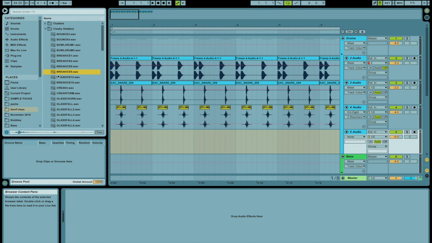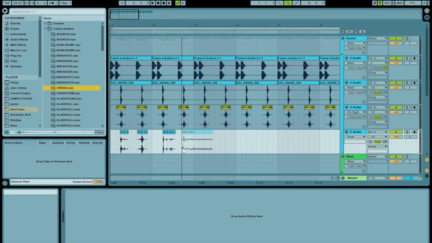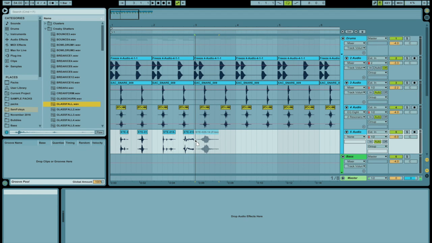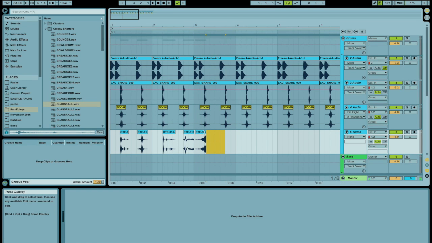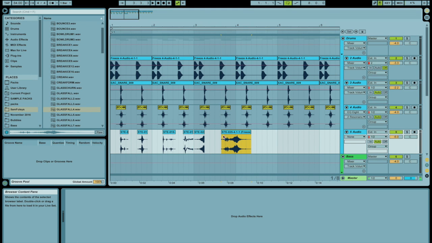So I'm just going to start dragging out a few of these to create some variation in my beat. And who's to say that it has to necessarily all land on the snare? In fact, it might be beneficial to have some sounds that land in different places. And right now I'm kind of just dragging things out randomly to create some happy accidents like I talked about in that last tutorial. Sometimes it's fun to actually create and populate the space of your track without ever fully